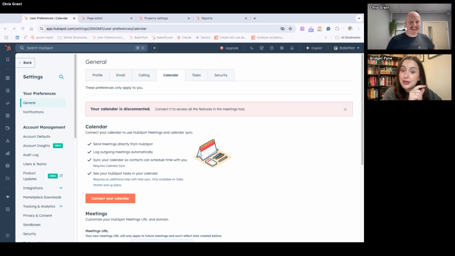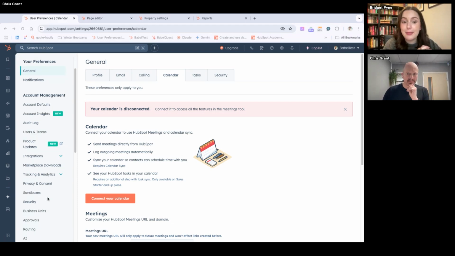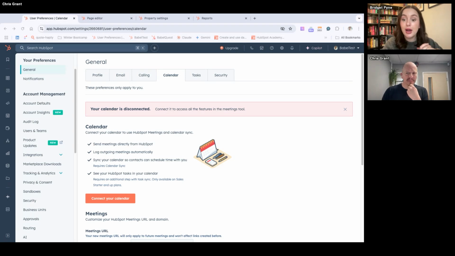I know we also mentioned the user object before, at the start of this session, and we did do a session on that. We did do a HUG on that, so I can include that in the follow-up email as well for anyone that might want to look back at that.